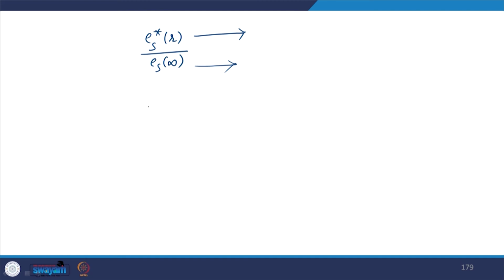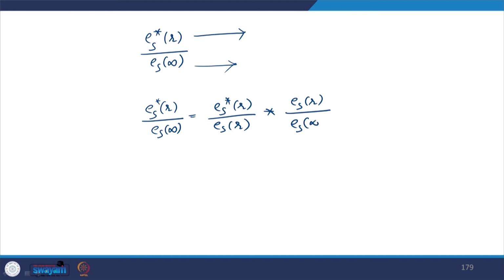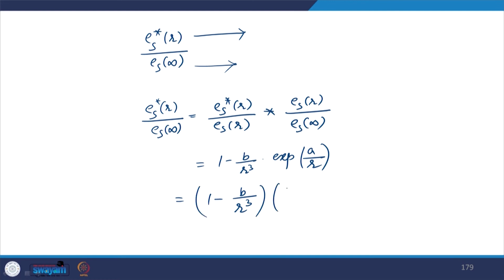So, we can write Es star of r divided by Es of infinity equals Es star of r divided by Es of r, times Es of r divided by Es of infinity, which is 1 minus b by r cube into exponential a by r, which is 1 minus b by r cube into 1 plus a by r,